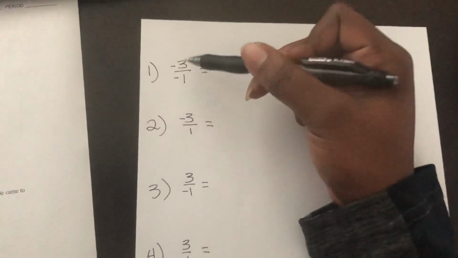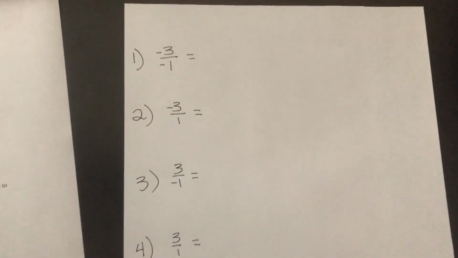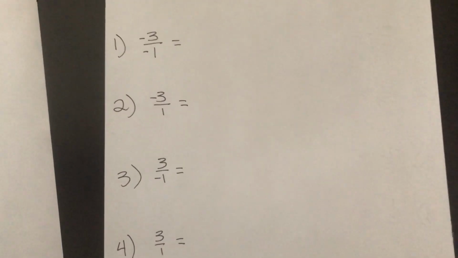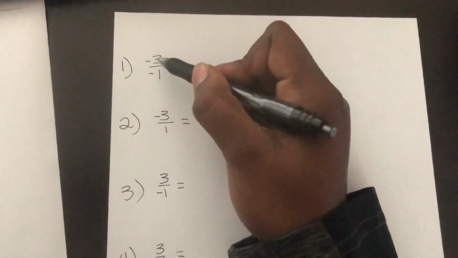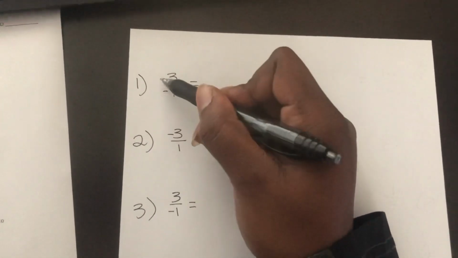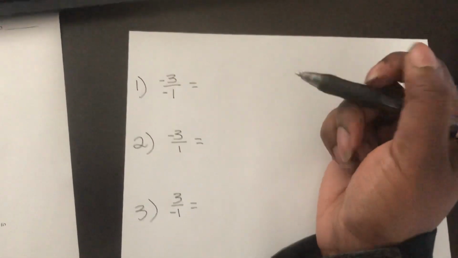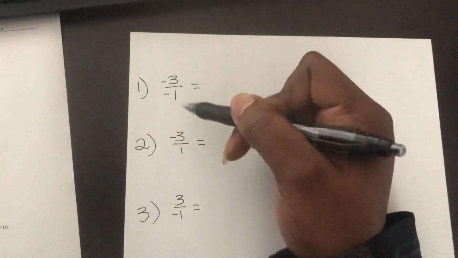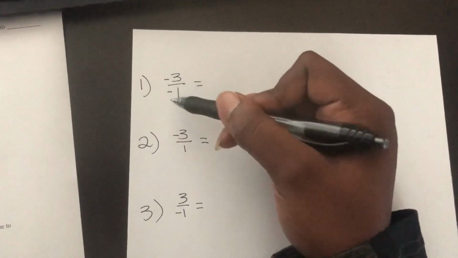So whenever you're dealing with fractions and how they come out in the end, you just have to think about your integer rules whenever you are dividing. Okay, so let's do that with these four. So starting here, we have a -3, and if you think about it in division ways, this says -3 divided by -1. Okay, so whenever you're trying to simplify to see what this becomes, since they both have the same